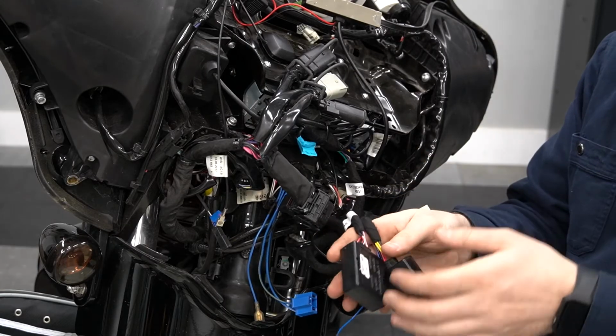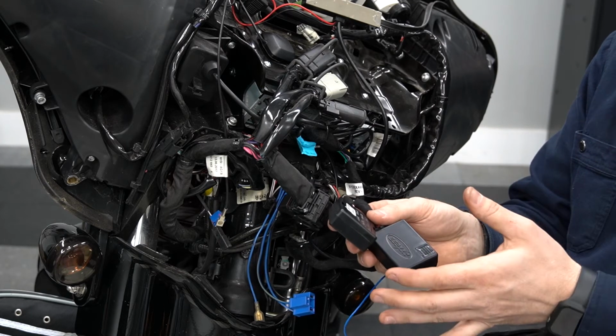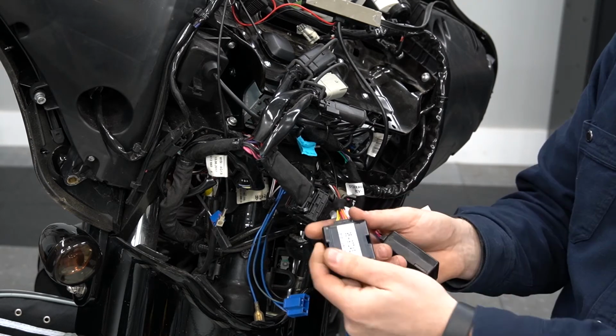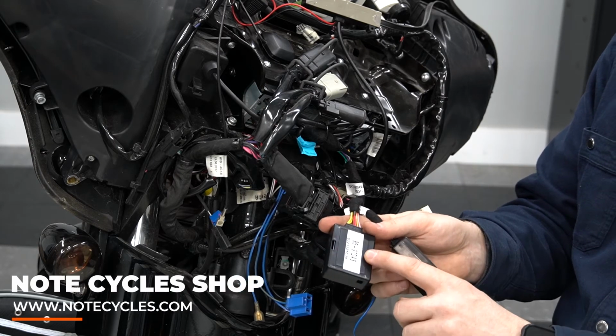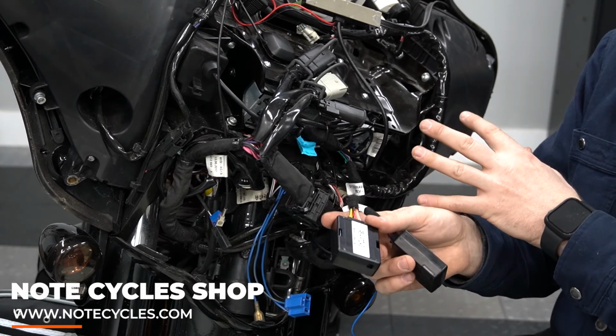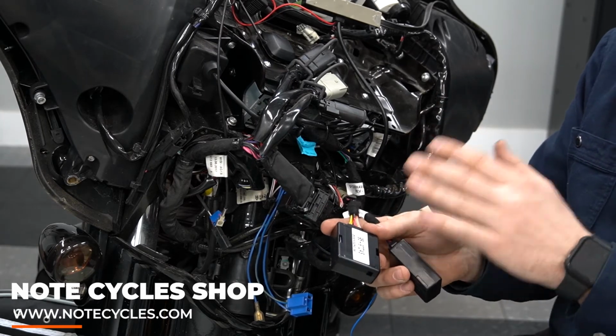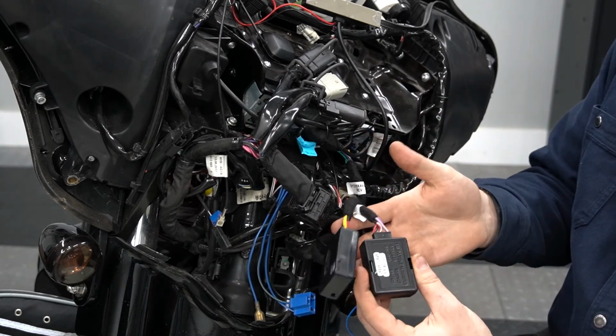All right, so looking at the back of our Sony harness, we have two control modules here, and we'll just talk through quickly what they both do. You'll see one here that has 9597. This is the module that allows your Sony plug-and-play bundle to talk and communicate with your motorcycle. So when you receive your bundle, this one will be connected. We have it shown here of them both connected, but